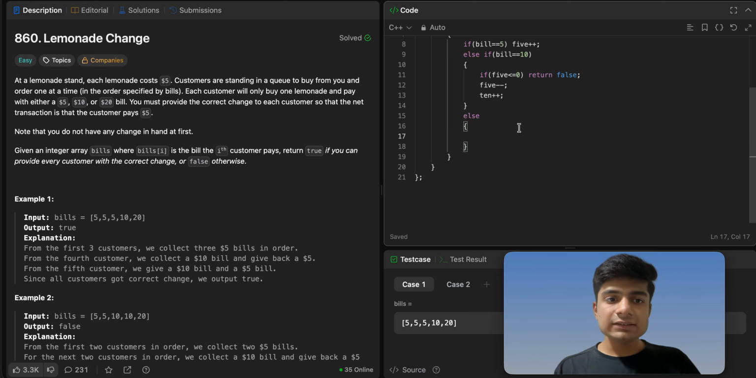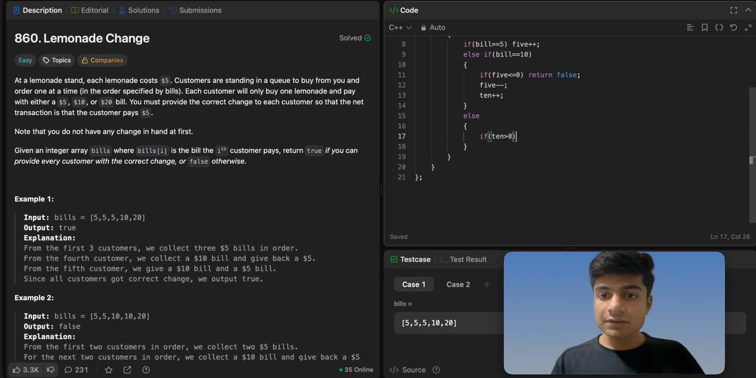Now among these, obviously our priority should be to reduce our $10 bill first, because that is not going to work in all cases. You can give a 10 only if someone is giving a 20. So 5 is the most precious note in a way. So what we'll do is we will try with the 10. So if our 10 is greater than 0, we will try giving the 10 first. So then we'll subtract a 10 and we'll also subtract a 5 obviously, because we have to